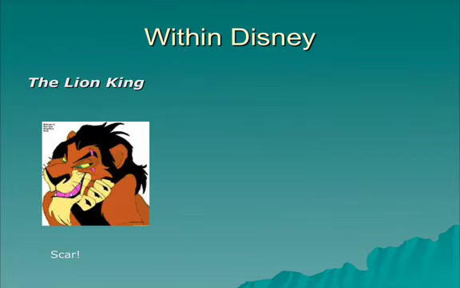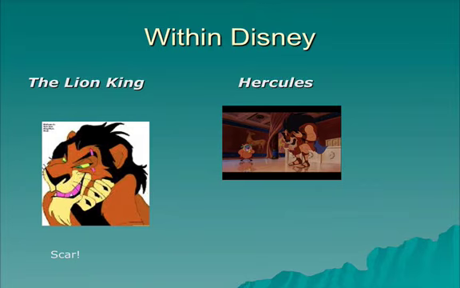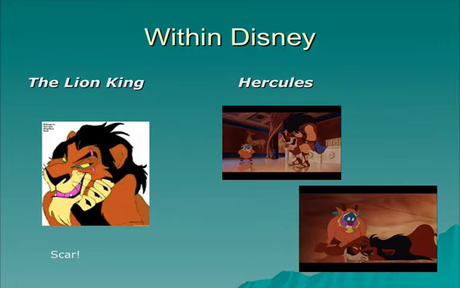Here's another allusion within Disney. Now, this is an allusion that if you don't catch it is not that big a deal, but if you do catch it, you understand that literary wink. So here's The Lion King, and we have Scar, one of the main characters. In Hercules, Scar shows up again later because Hercules is posing with that big lion skin on him, and when he throws it off to take a break, you notice that that lion skin is in fact Scar. So there's your literary wink.